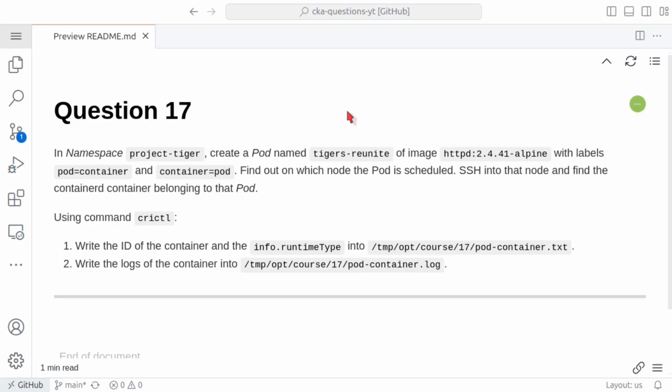Today we are going to solve question number 17 for the CKA practice exam. The question says, in namespace project-tiger, create a pod named tigers-reunite of image httpd with labels pod=container